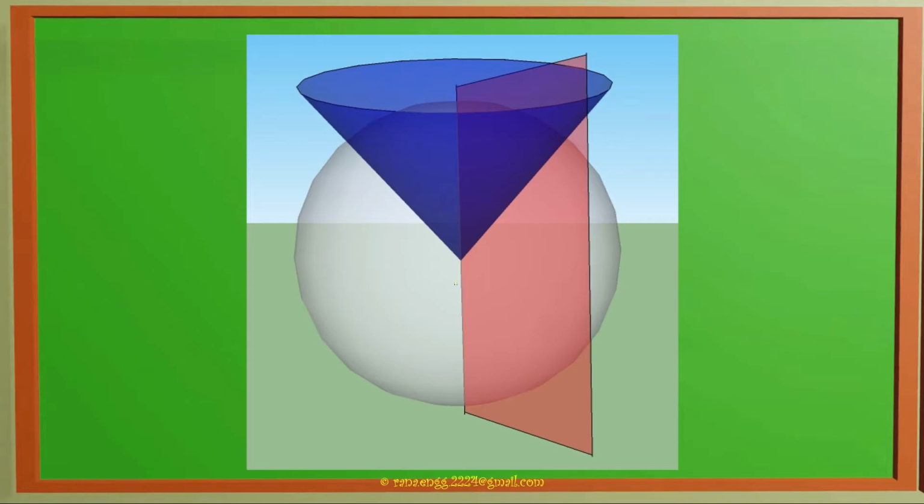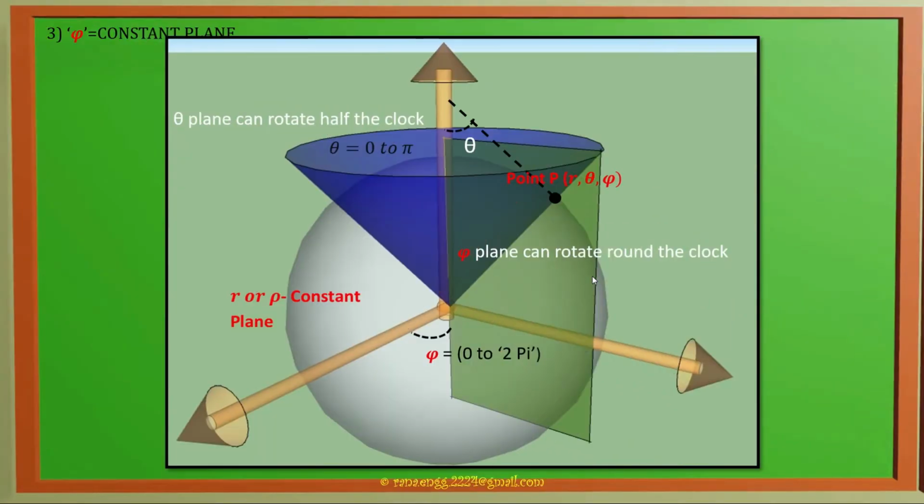If we want to identify the location of point P with reference to the intersection of all these three planes, we can understand that here. This point P is where all these three shapes are attached. Here we have only a sphere. The conical part is just to represent the angle theta, and this plane, like a paper, is used to show the angle phi, which is from 0 to 2 pi. We have to remember that this plane can rotate, because we have to calculate this angle over the entire circle. So we show it like a plane.